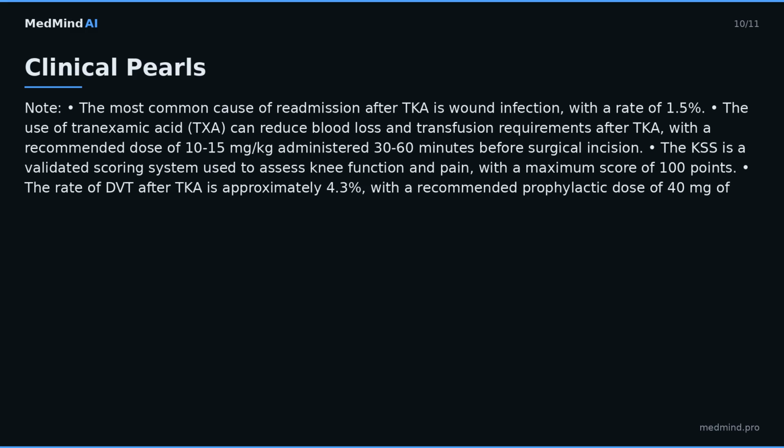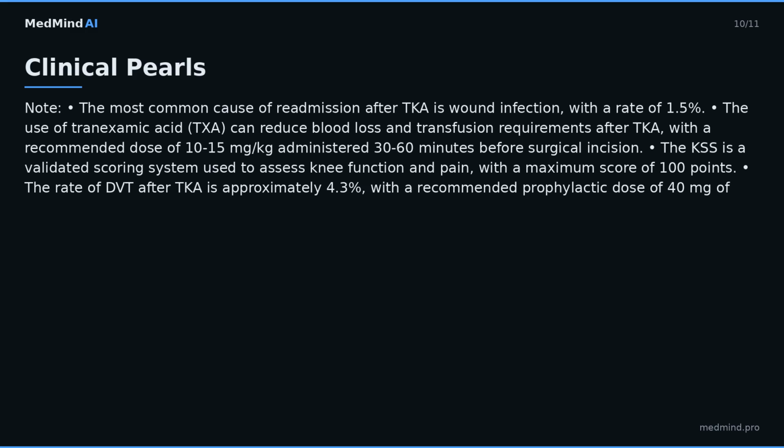Clinical pearls. Note, the most common cause of readmission after TKA is wound infection, with a rate of 1.5%. The use of tranexamic acid, TXA, can reduce blood loss and transfusion requirements after TKA, with a recommended dose of 10 to 15 mg/kg administered 30 to 60 minutes before surgical incision. The KSS is a validated scoring system used to assess knee function and pain, with a maximum score of 100 points. The rate of DVT after TKA is approximately 4.3%, with a recommended prophylactic dose of 40 mg of enoxaparin